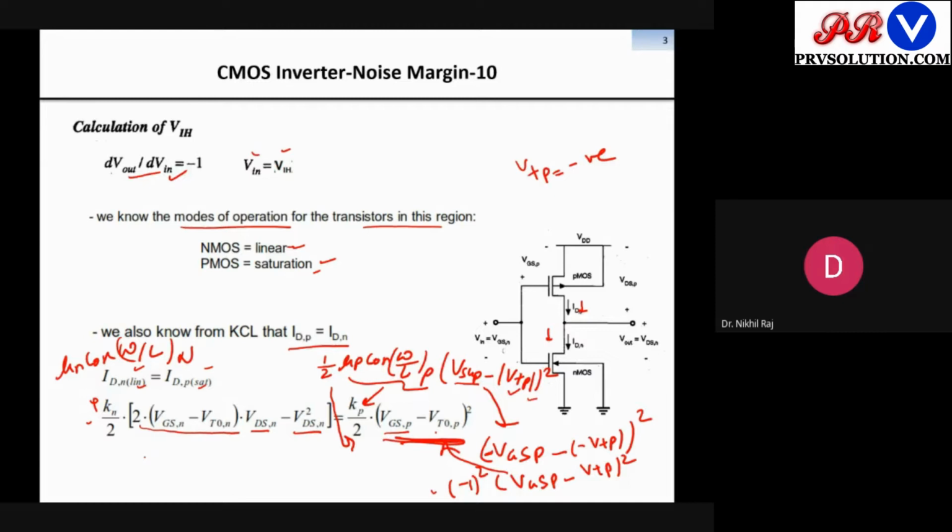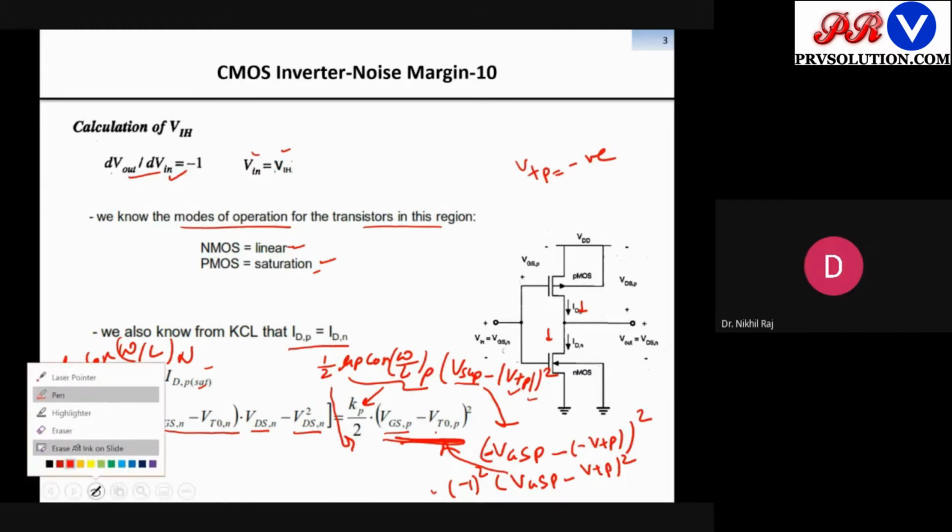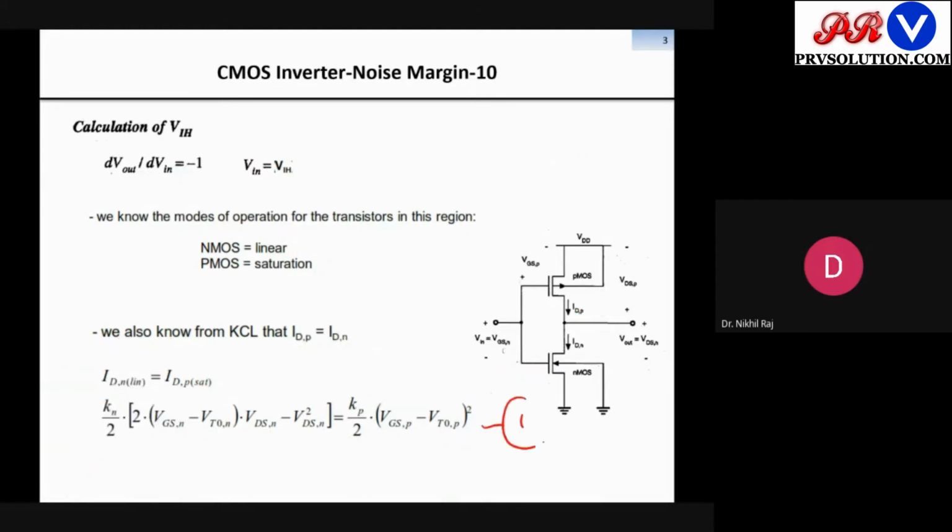You have to be very careful whenever you are using any design equation, whether you are considering the mod or using the convention sign value in your calculations. This will be my prime equation, so I can say this is my equation 1, from where we will do the analysis.